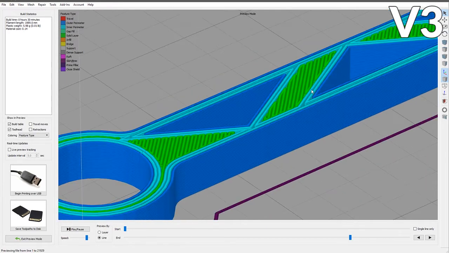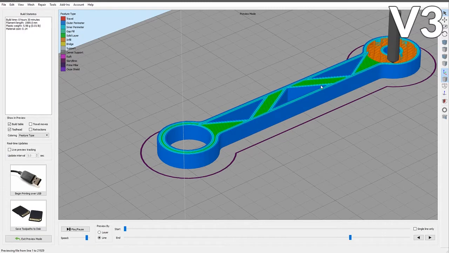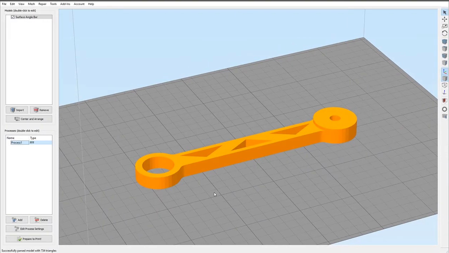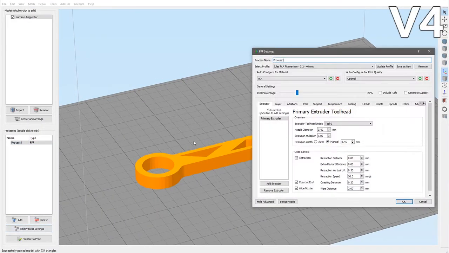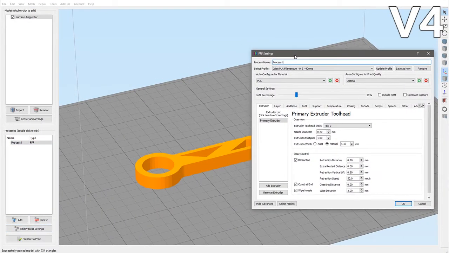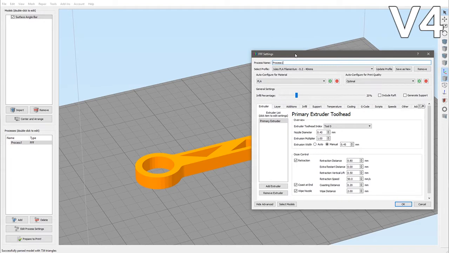So ideally what we'd want to do is to run these surface layers where the filament runs actually along this structure, and this is something that we can now do in version 4. So let's take a look at version 4. So here we are, let's open up the process settings, and these new options that you've got in version 4